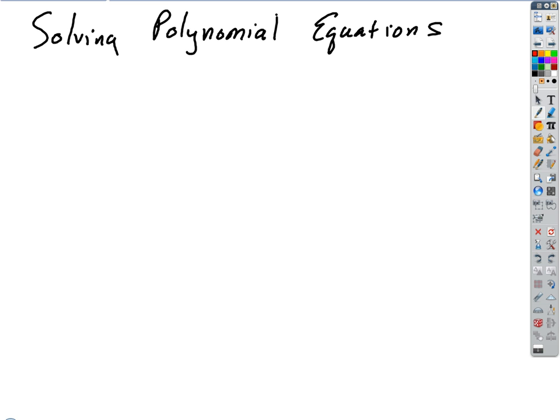Chapter 5 is always the area where students have the most trouble because it's the first time you do really hard stuff. Okay, solving polynomial equations, though we've already done this. Polynomials, remember, quadratic functions and quadratic equations are polynomials. So you already know how to solve some of these. For example, let's just review real quickly how we do this. How would you solve this one? What if I told you, let's see, we had,